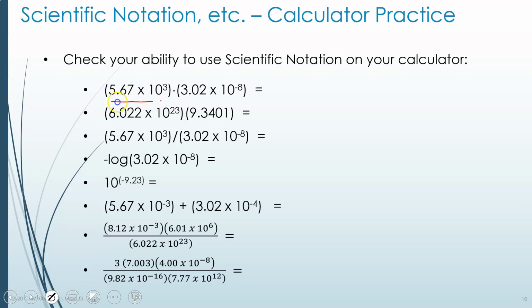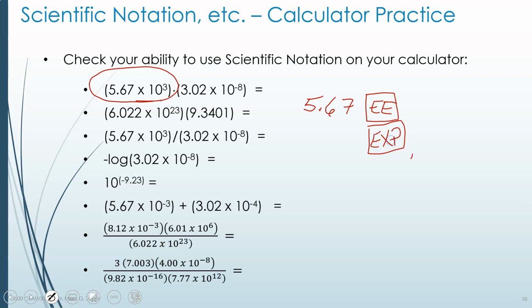And if we look at this very first number here, if you wanted to input this in most calculators, you would write 5.67. You type that into your calculator, and then you'd hit a button that looks like this. EE. Some calculators, this button will say EXP. And what this button means is times 10 to the